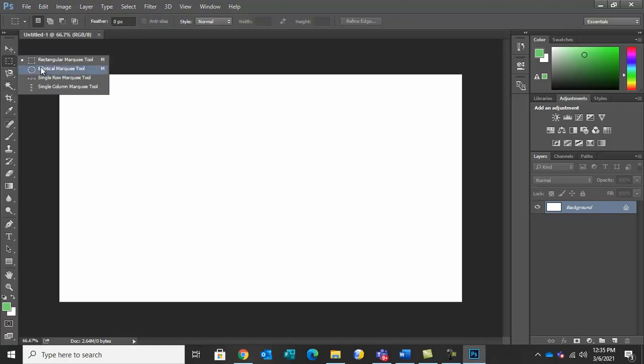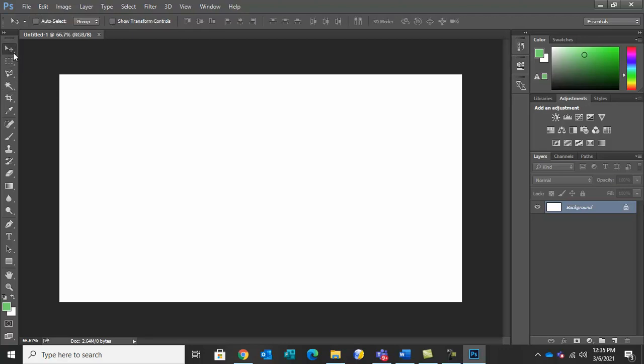But today we will use this rectangular marquee tool and polygon lasso tool. To uncheck this, just click on this. This is move arrow. Okay, click here, it will be deselected. So these are the selection tools.